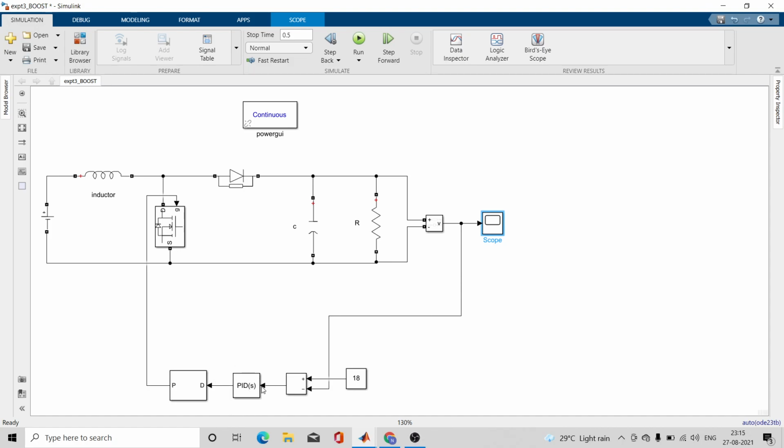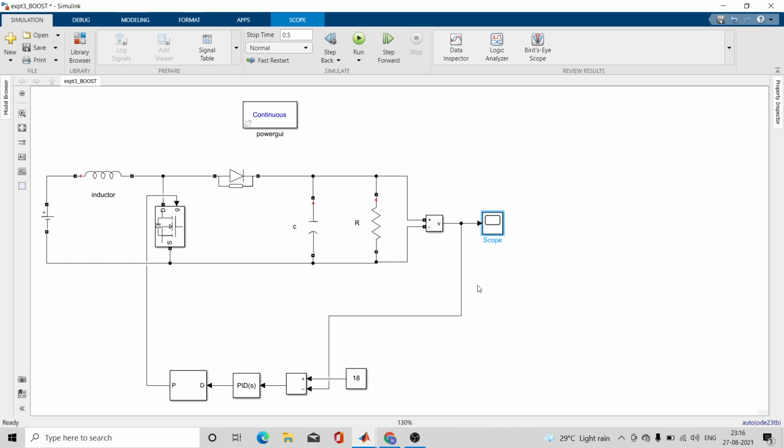That PID controller now changes the duty cycle in such a way that I am getting a fixed 18 volt as output. So even though you are changing the input, your boost converter will give you a fixed 18 volt. This is the difference between open loop controlled and closed loop controlled boost converter.